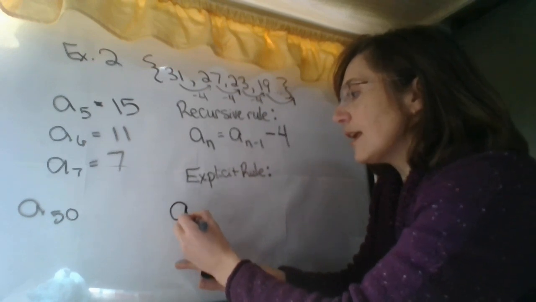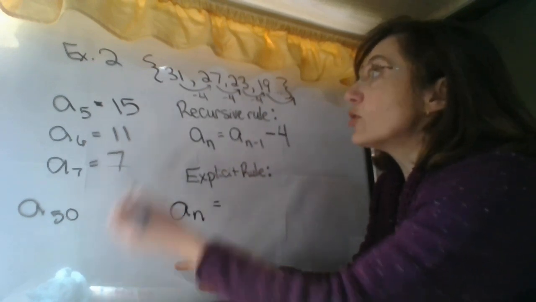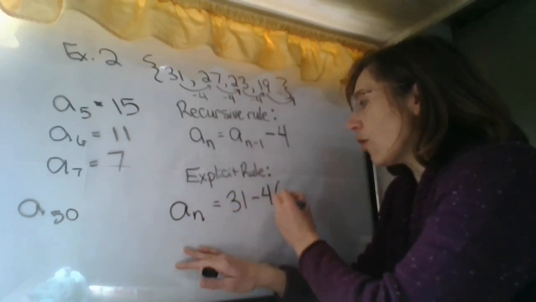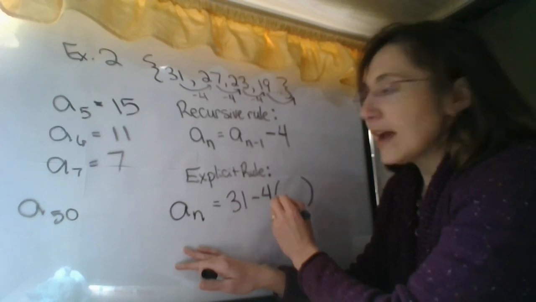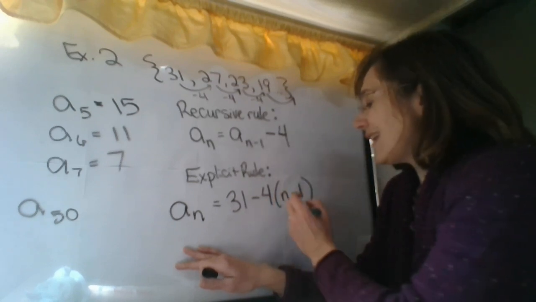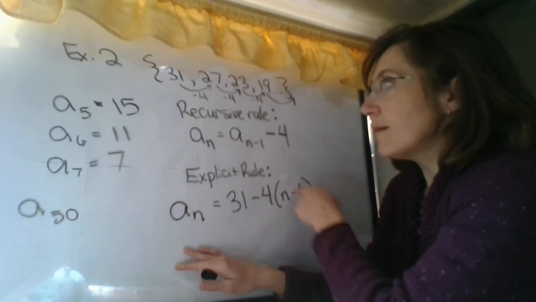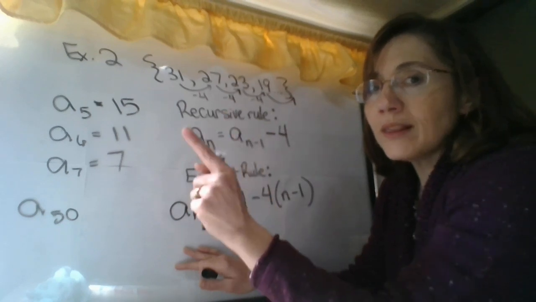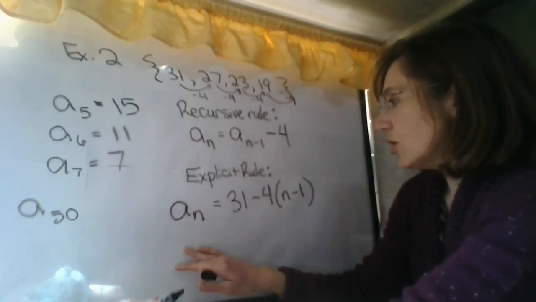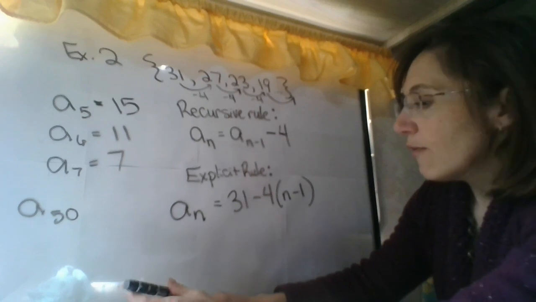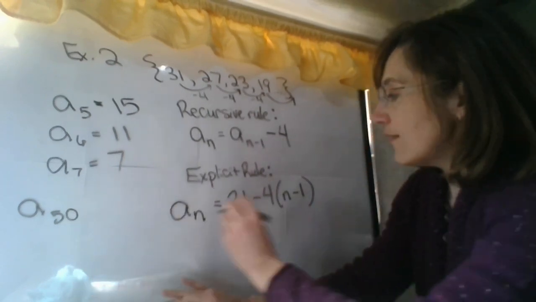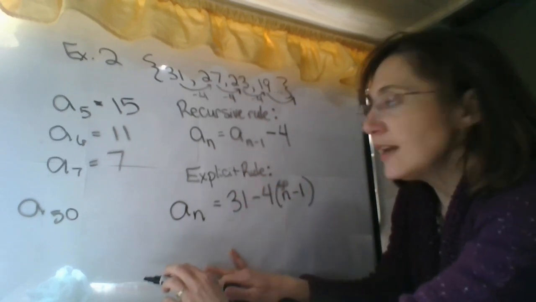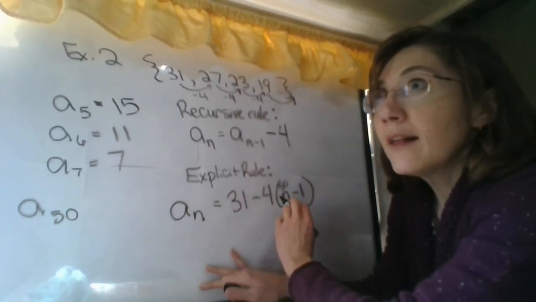So a sub n, we're starting at 31. We're going down by 4s over and over and over again. And the number of times we're going down by 4 is our n minus 1, because you have a decrease by 4 over and over again, but one less time than the number you're looking for. So that is our explicit rule for this function. If I want to find a sub 50, I would put a 50 right here. 50 minus 1 is 49. Multiply that by 4, that would be